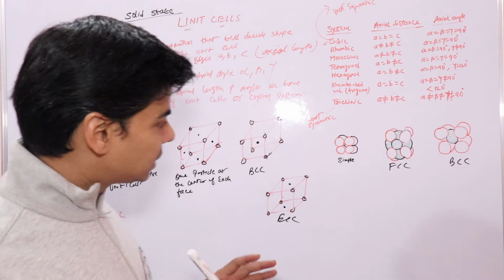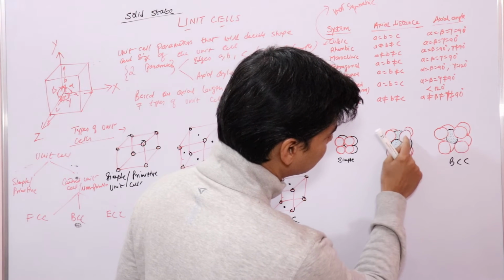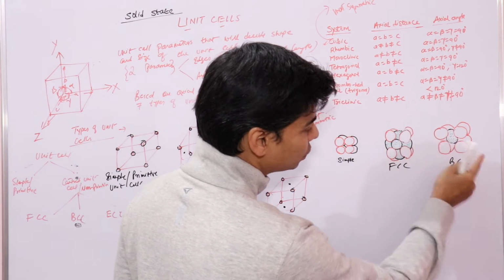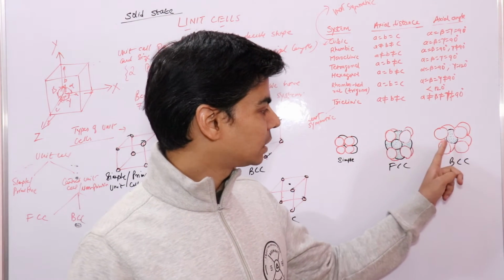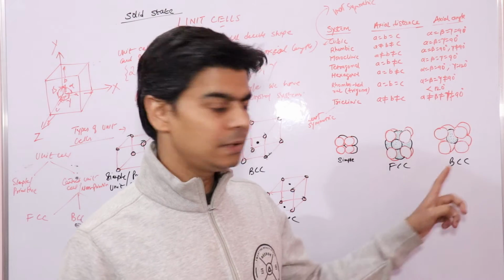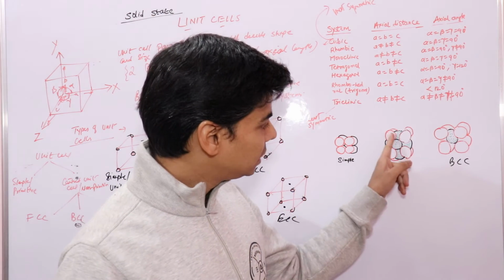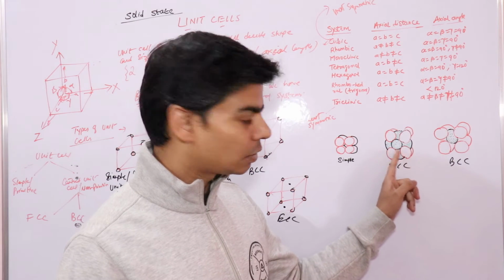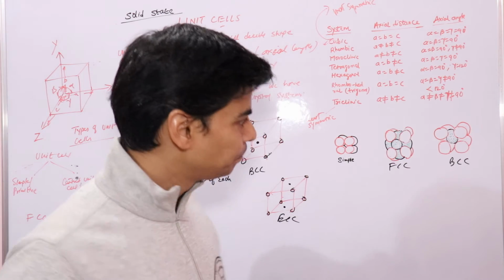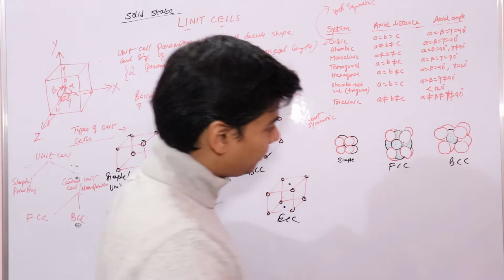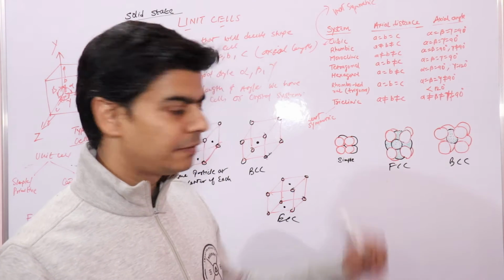Now let's understand the concept of coordination number, right? If you look at these 2 structures, FCC and BCC, the particles which are at the corners are not touching one another, right? You can see these 2 red spheres are not touching one another. Here also these 2 red spheres are not touching one another. But let's check these spheres which are present at the center of each face.